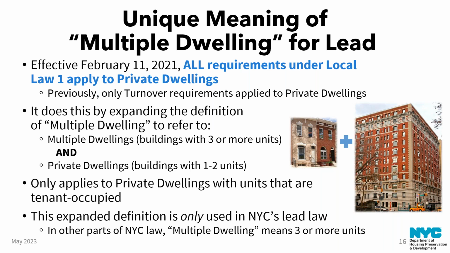Very quickly, we'll just mention that up until a few years ago, private dwellings, which again are defined as buildings with only 1 or 2 residential units, mostly were not covered under Local Law 1 except for a few provisions. But as of 2021, the requirements were expanded to apply to all private dwellings. Now, I won't go into too much detail here, but the main reason that we bring this up now is just for you to be aware that if you do happen to see the term multiple dwelling in relation to lead safety in New York City,